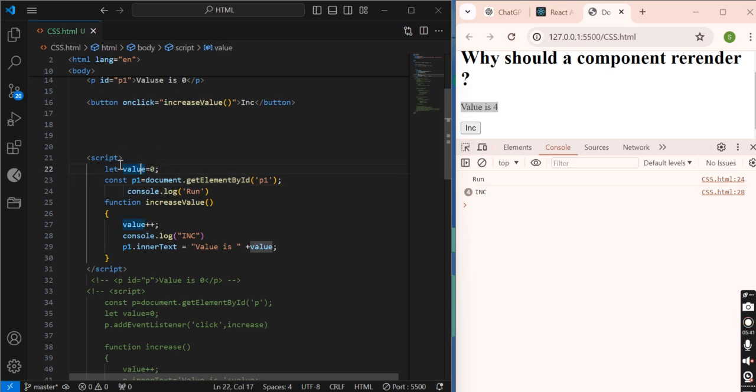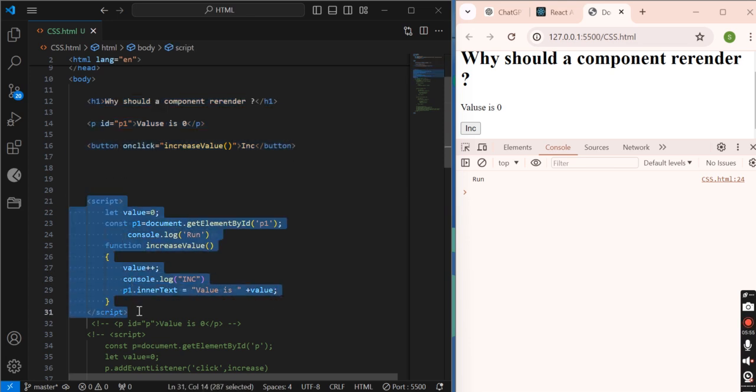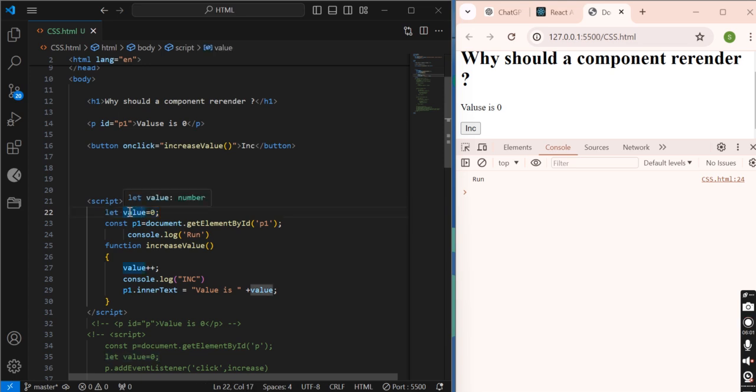Here, when this page loads, it will load its HTML. After its HTML, its JavaScript will be run. It comes to the first line. It will make a variable, value, and assign 0 to it.